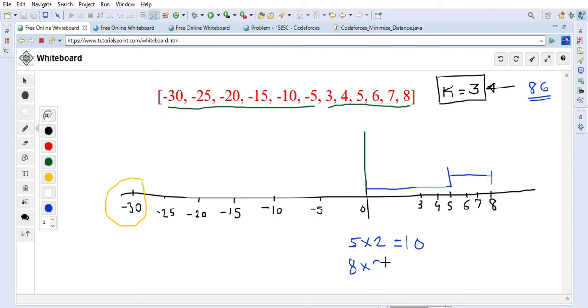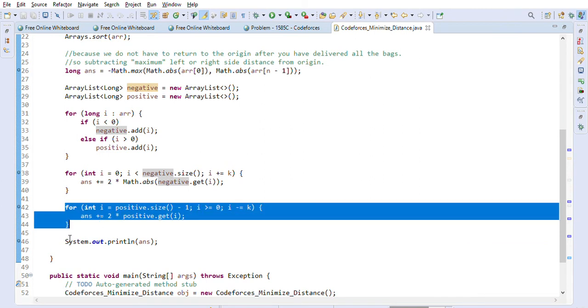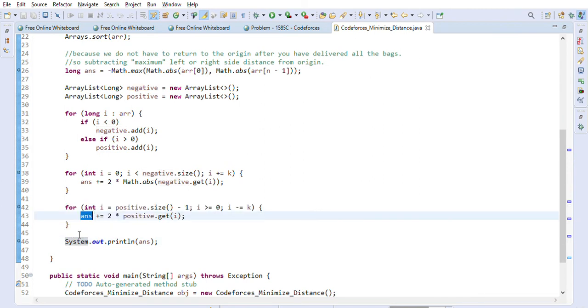Because we have to go back to the origin to pick up the stuff again, right? So that's why into 2 is there. So it means that 10 plus 16 is equal to 26, right? And that one was 60. 60 plus 26 is 86. So this is what we are doing on the positive side also. So it's pretty simple, and then the answer we are just calculating and printing.